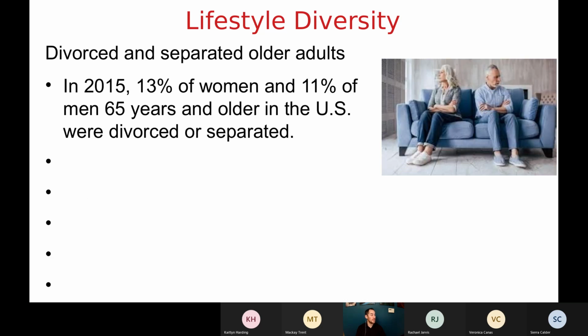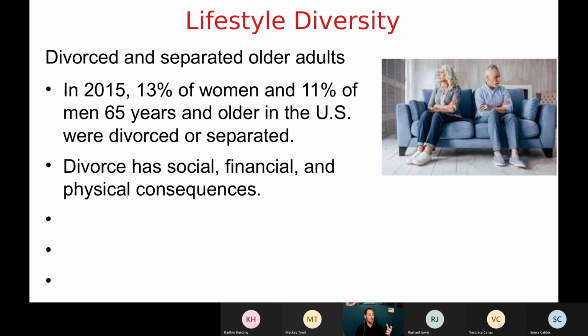So in 2015, about 13% of women and 11% of men 65 years and older in the US were divorced or separated. That number is higher than it's been in previous decades. And while divorce does have social, financial, and physical consequences, because people on average are living longer, it becomes, I guess, a more viable option for people to get divorced and even get remarried in late adulthood. Though there are these social, financial, and physical consequences that we talked about more